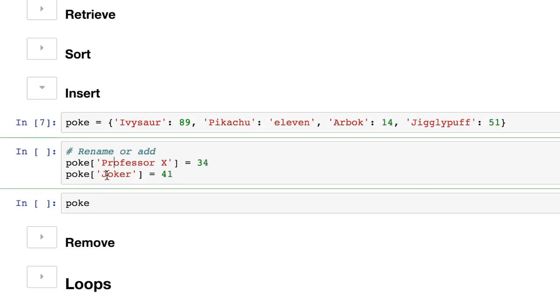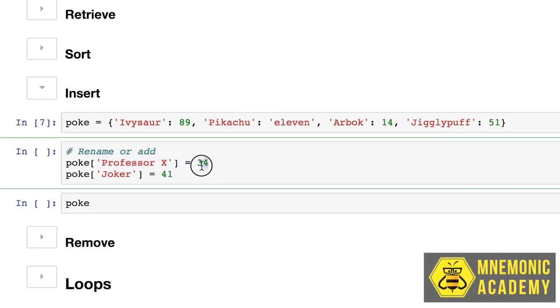Now, we specify the new item in the same way we would slice out one of the values based on key, except we add a new one. So Professor X does not exist in the dictionary at all right now. This would normally cause a key value error, except we have an assignment variable here, and we're also giving it